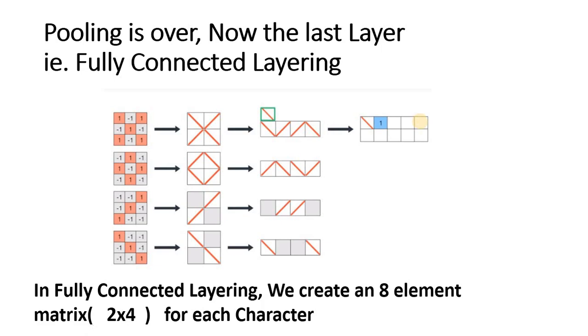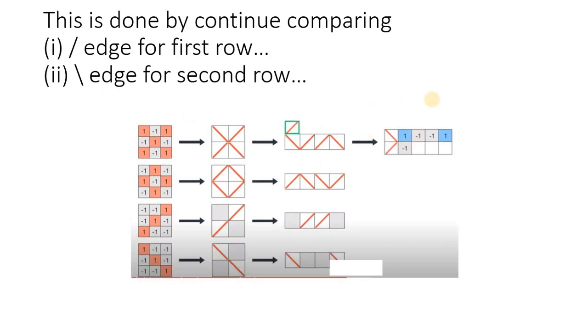So that is the way you do it. You can see that it looks like that. The same thing now you do for forward slash again, and you create these 4 elements. Is it matching? No. Is it matching? Yes. Is it matching? Yes. Is it matching? No. So here it will be plus 1, 1. You can see that.